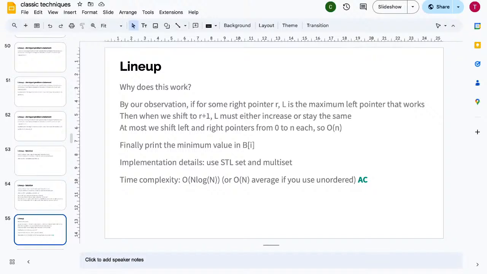And then since we are trying to get the shortest possible length, so the shortest possible R minus L,